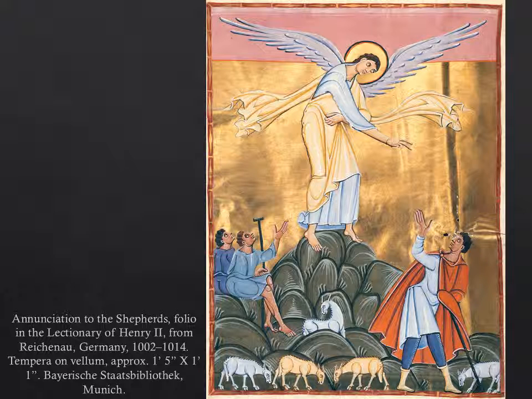So what we're noticing is that art during the Ottonian reign tends to be kind of a hybrid art, wanting to connect to that Roman Empire feel, but also bringing in other elements. And so here we've come back to an illuminated manuscript. This is the Annunciation of the Shepherds from the Lectionary of Henry II. This is again from up in Germany, created about the year 1002 to 1014. We have tempera on vellum, and we have this, again, very expressive piece that's going to combine some elements of